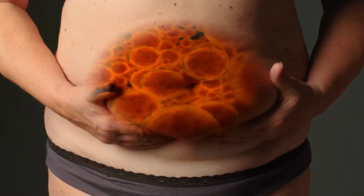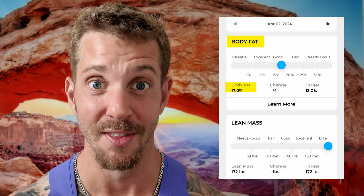They could also use the same scan to measure body fat, and that's exactly what I had done back in April. I was about 17% body fat, and I'm actually going to post the images here on the screen so you can see the comparison. And then this past week, I went for an updated DEXA scan